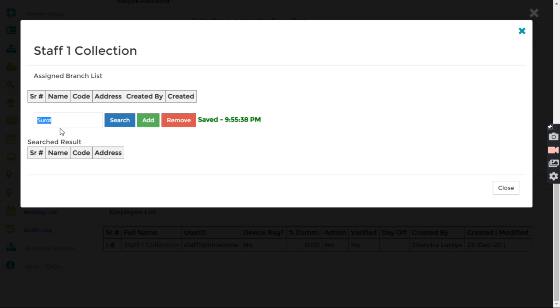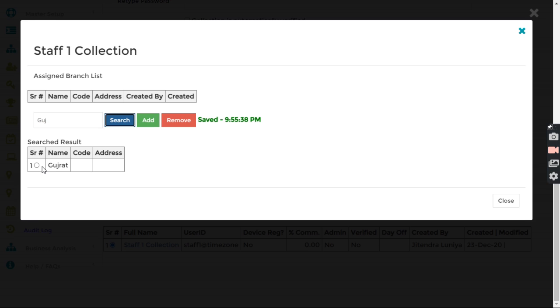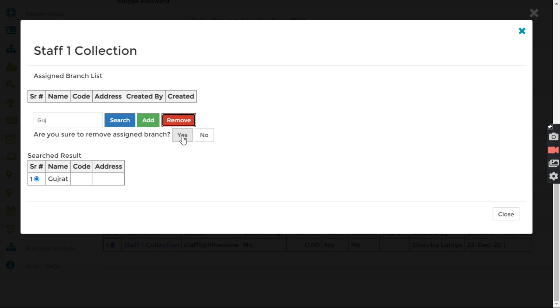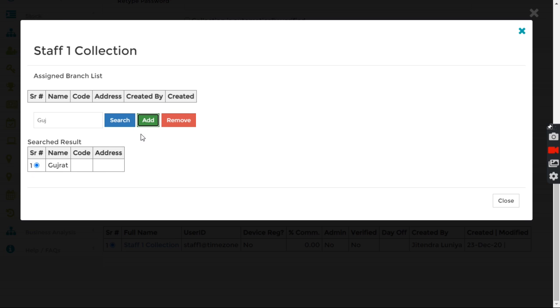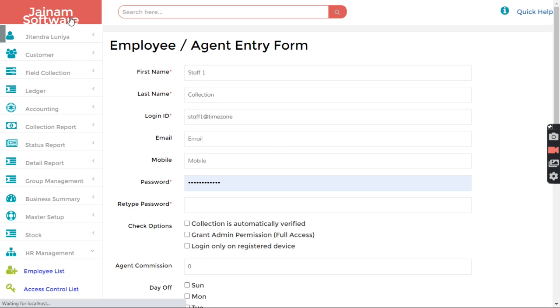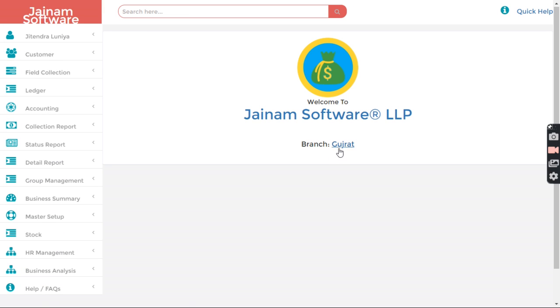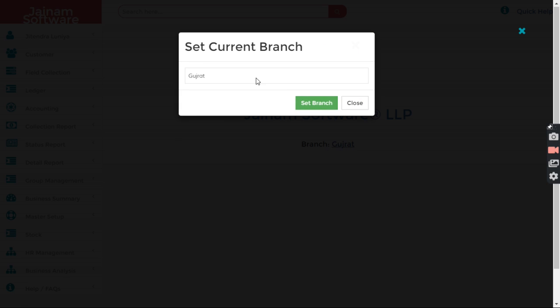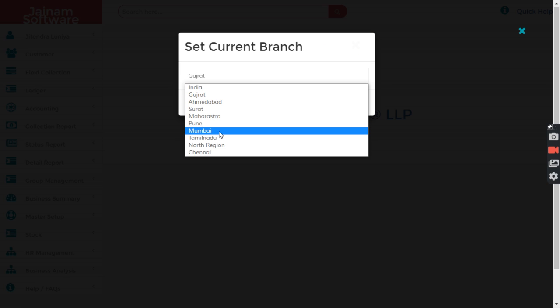Okay, Surat is the lowest level actually. That's why you are not able to search, which I will definitely fix after this demo. But you should be in a position to search any branch. Here it's allowing me to search at least one level higher branch actually. Okay, so that's fine. It will get sorted out. So, okay, if I change this branch to, let's say,